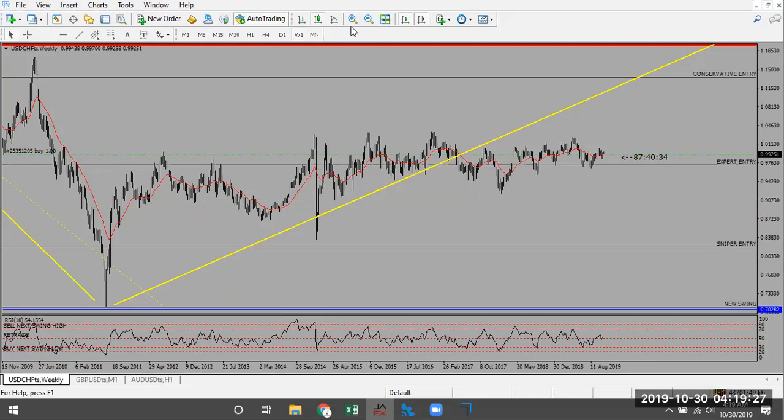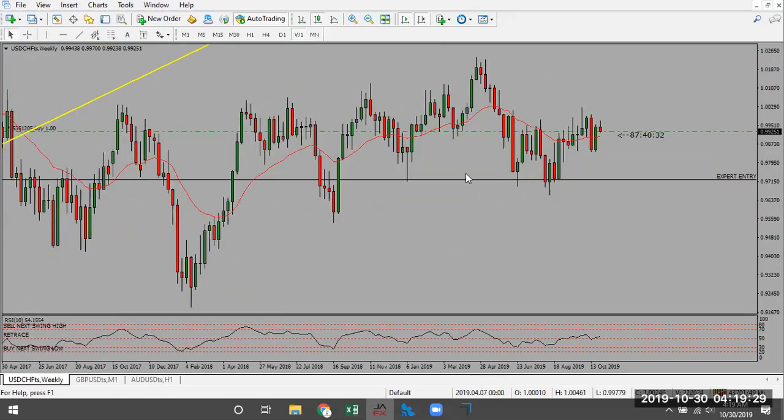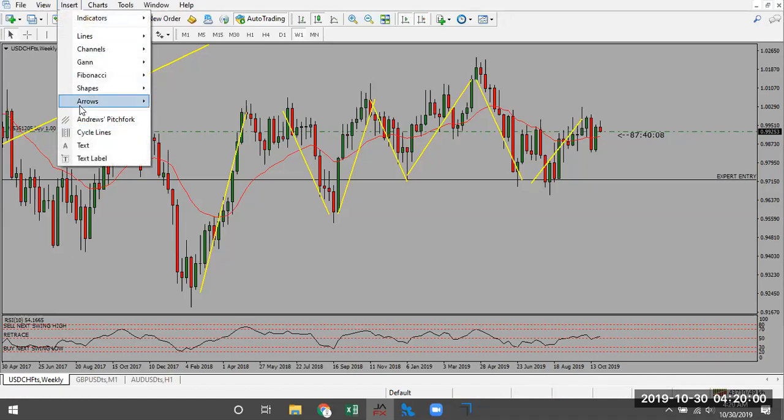We come in here to the weekly, we can zoom in a little bit and we can see a swing high, we can see a swing, we can see a swing, we can see a swing, and I'm counting swings by consecutive 3 or more candles in that direction. Okay, now this swing here